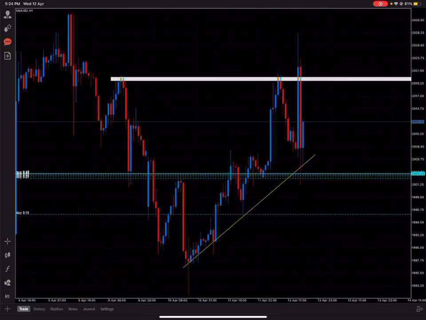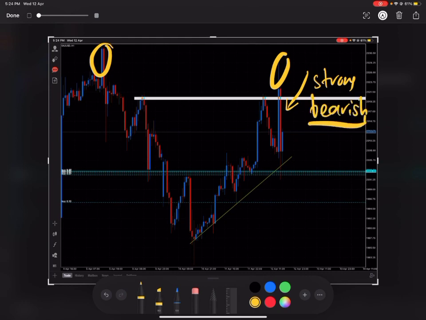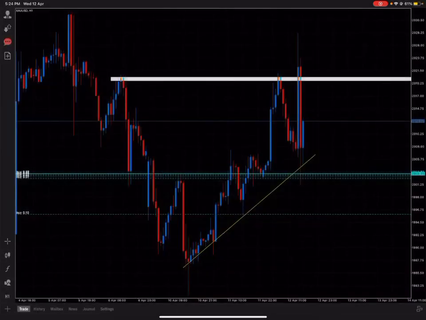Maybe I think actually my target is still fly. But what we can see at H1, it respected here, and then shows us this is strong bearish. So maybe we need to wait and see what will happen tomorrow, because tomorrow there is also sentiment. So we just need to wait.